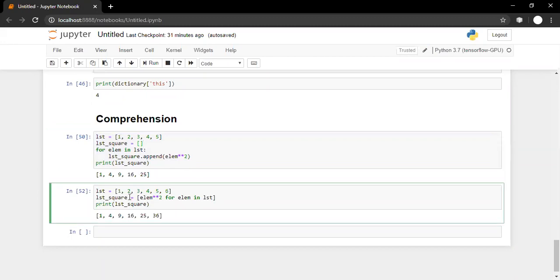But let us say your CPU has a vector processing ability, and your CPU can process a vector of size 100, and your list has 1,000 elements. What will happen? In the first cycle, it will square 100 elements. In the second cycle, it will square 100 elements. In the third, 100, up to 10 cycles. So in 10 cycles, it will square 100 into 10, that is 1,000 elements. And that is how it internally increases the execution speed, with the help of the vectorized instruction set supported by the CPU.